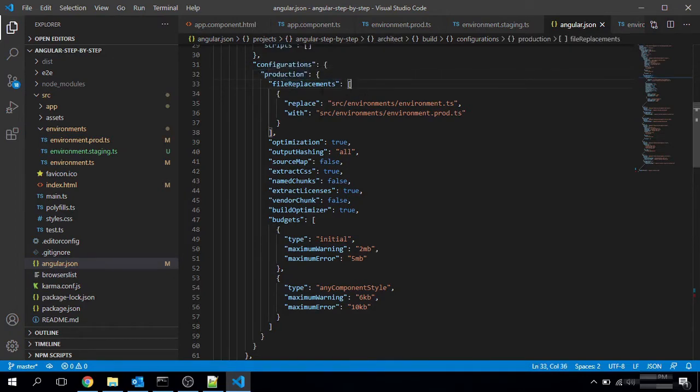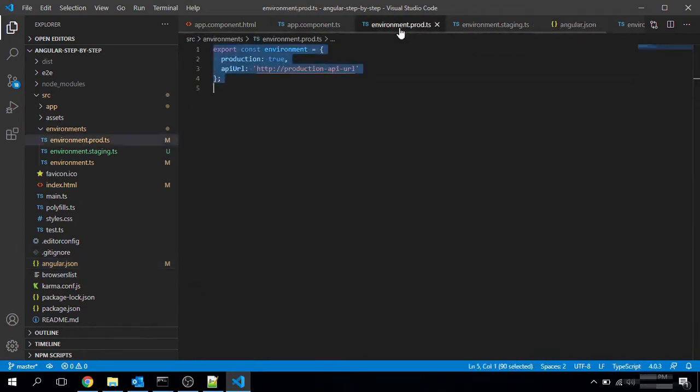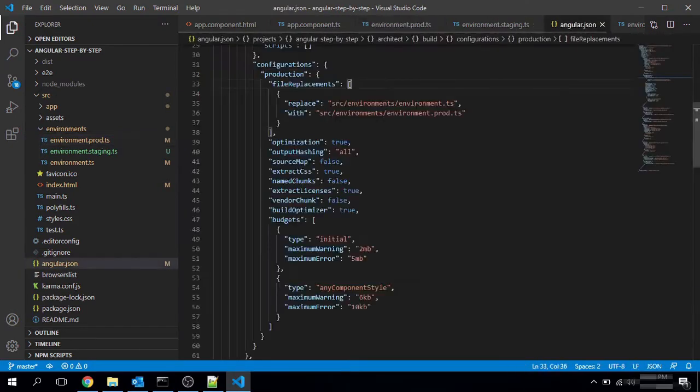When we execute the command, our production environment file will be replaced into the environment.ts file, and all the environment-related features, whether production or staging, will be served by environment.ts.